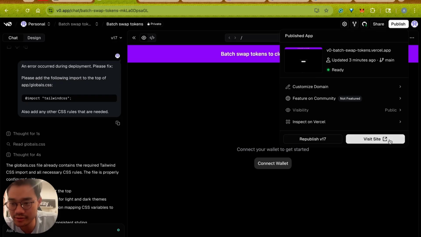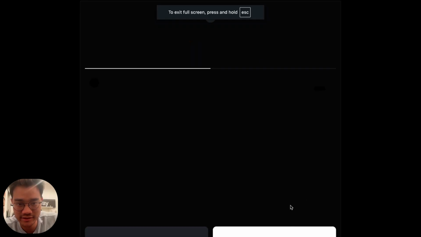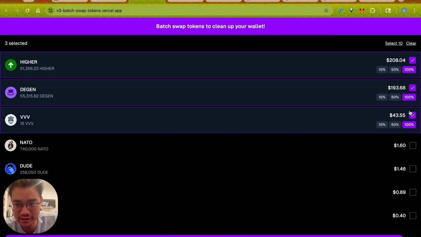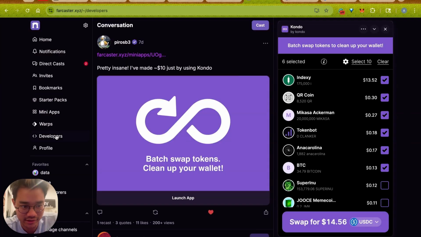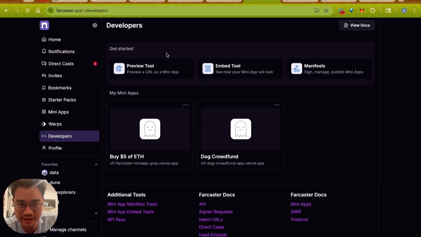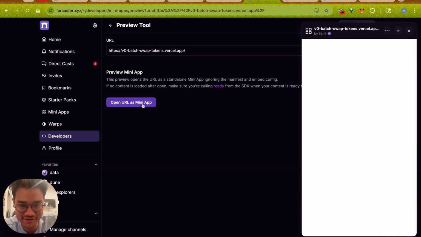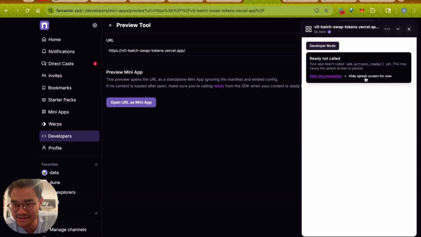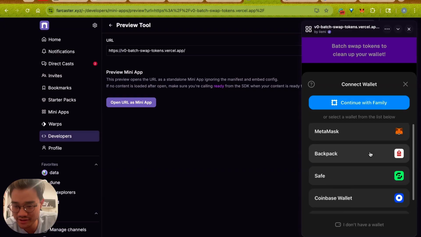Now it is deployed. I can visit the site publicly, connect my wallet, and do everything I need in here, right? And it's a fully working site. You can actually test it out in Farcaster as well as a mini app. A lot more work has to be done for it to actually be recognized as a mini app. Right now it's not doing a bunch of things that it's expecting, such as SDK.ready, but I should be able to